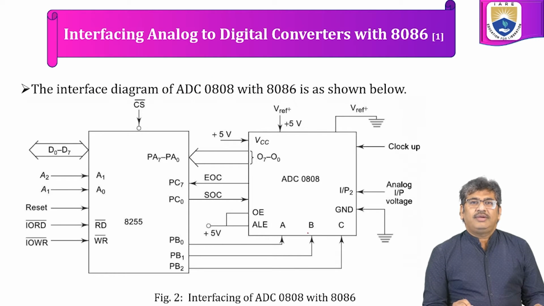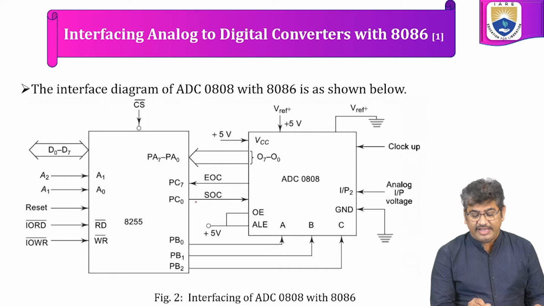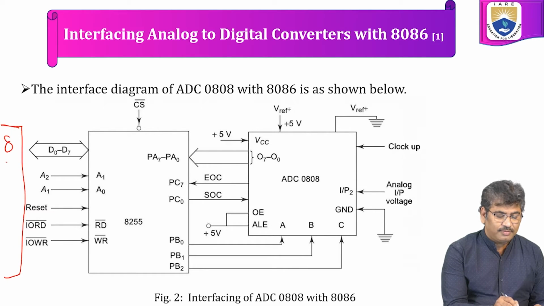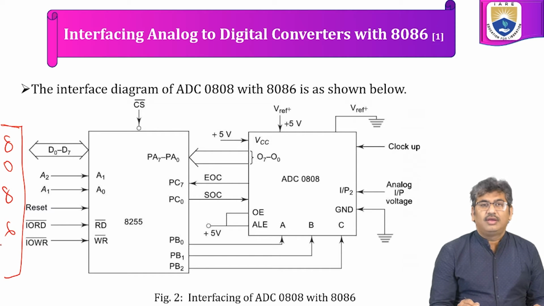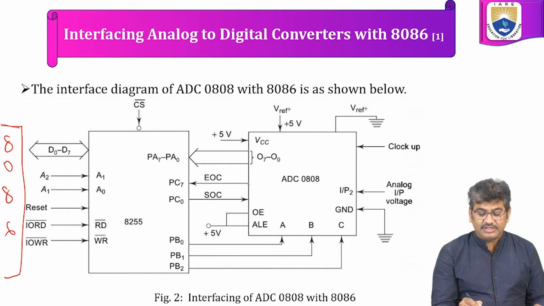The interface diagram of ADC 0808 with 8086 through 8255 is shown in the figure. This is the ADC, which is going to acquire the SOC signal from 8255 through the 8086 processor. On this end, we have the 8086 processor. Once the SOC signal is generated, the ADC will convert the analog signal into digital and it will generate an